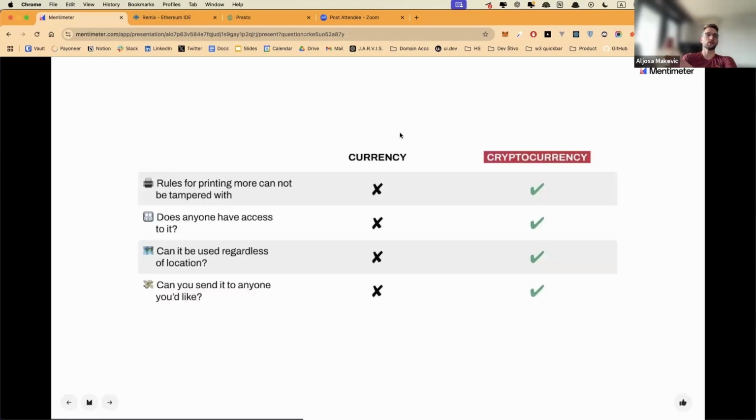So sometimes I might say fiat, that just means I'm talking about euros, dollars, etc. What's cool about cryptocurrency, specifically Bitcoin and Ethereum, is that there are specific rules and mathematical equations integrated into the blockchain network, and through that, Bitcoins and Ethereum's ether are being printed.